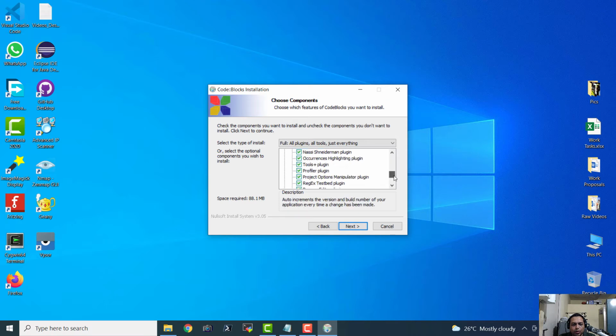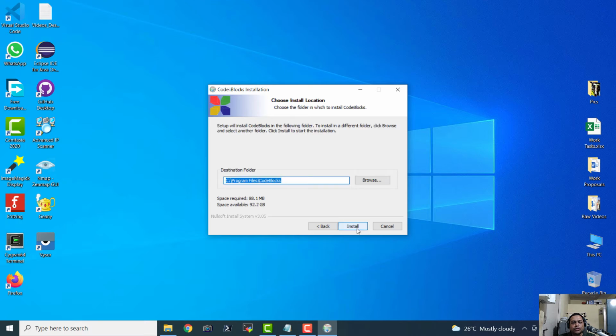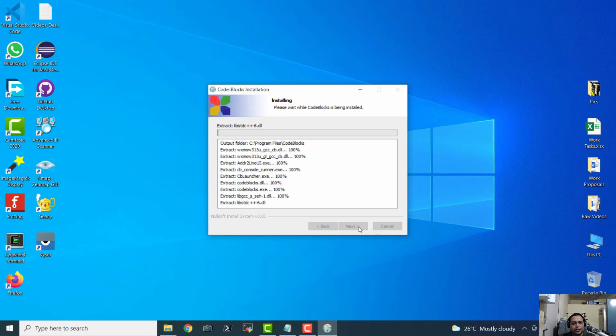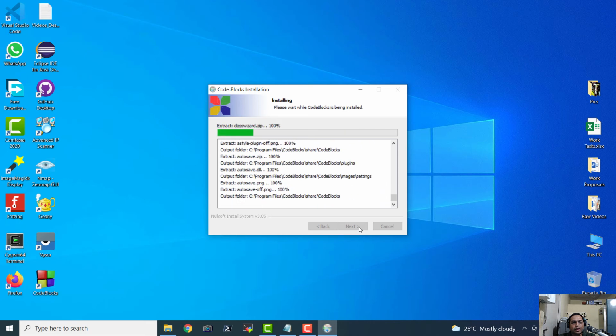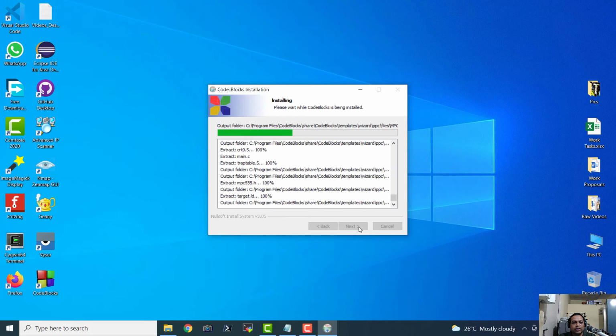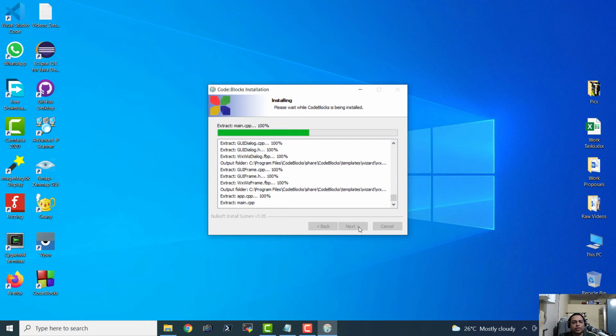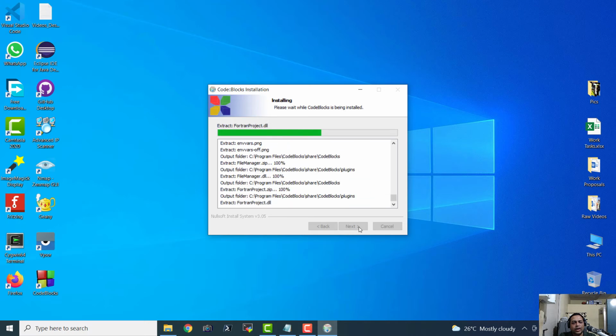So I don't use this CodeBlocks very frequently. I use VC++ and Microsoft Visual Studio Code. So for Microsoft Visual Studio Code installation and configuration with GCC, stay tuned to this episode. In the later part of this episode, we are going to download and install Visual Studio Code, as well as link it with the GCC compiler of MinGW W64 that we have just downloaded and installed. So the installation of this CodeBlocks is very fast. So it will just conclude in a moment.